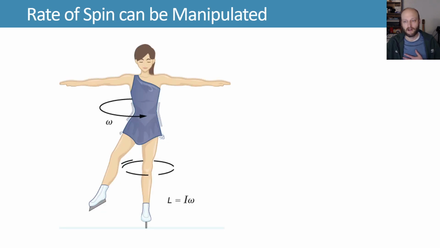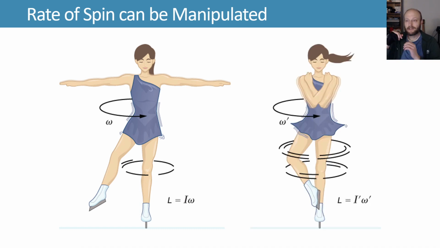Understanding that we have the ability to change our moment of inertia by changing how tight or wide our arms are spaced, we can be spinning like an ice skater, and with our arms way far out, we have more mass farther away from our body, so our moment of inertia is higher. As we bring them in tighter, we bring the mass closer to the axis of rotation, and that decreases our moment of inertia. By the conservation of angular momentum, that will increase our angular velocity to compensate because our angular